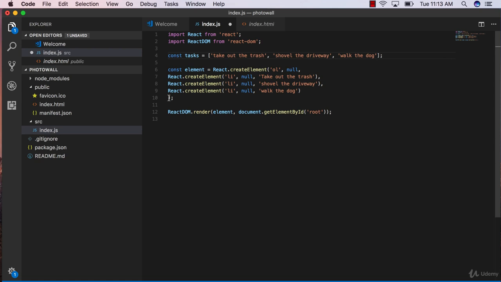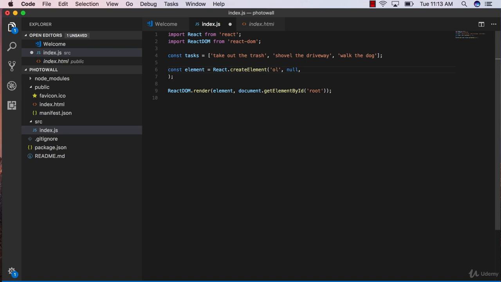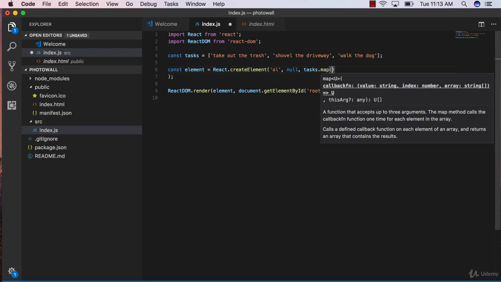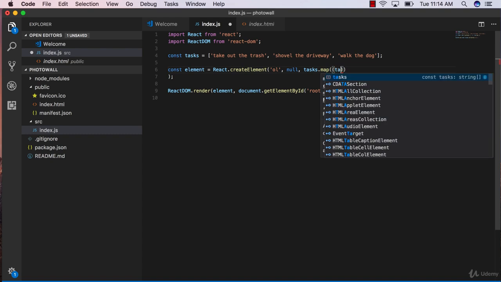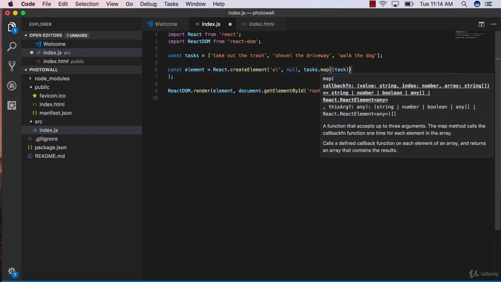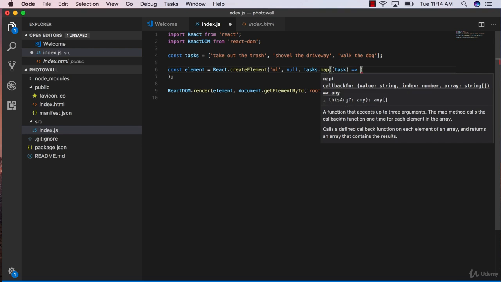Now inside of this third argument, we can actually write JavaScript code to manipulate the content of our ordered list. What we're going to do is delete this first, and we're going to map through our array by writing tasks.map, such that it iterates. It loops through every single task. And for every task that it loops through, we want to implicitly return a new element with